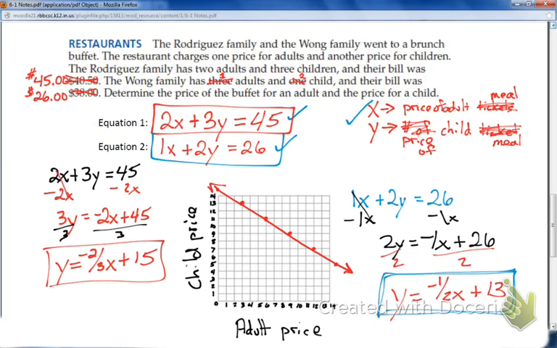So this equation starts at 13, and what's its slope? Down 1, right 2. So down 1, right 2, down 1, right 2, down 1, right 2, down 1, right 2. That's close to the line, not on it yet though. Down 1, right 2, down 1, right 2. Now, this is a little confusing because my line's not exactly straight, and that's again kind of the tough part here. It'd be nice if I could use a ruler on this,